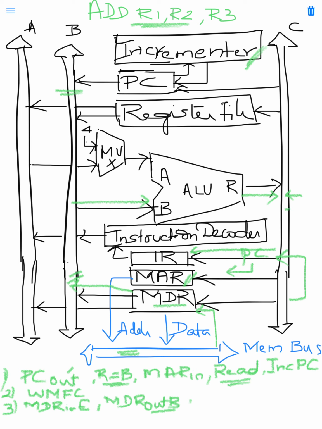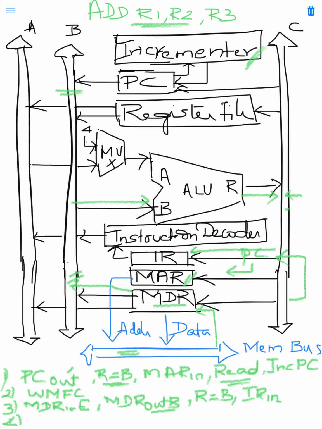So in order to perform that, we need to initiate the signal R equal to B. Data from bus B will be taken, and from bus B without any operation it will be available in bus C, and the instruction register will be taking the value from bus C. The instruction register takes its input only from bus C, so it is enough to write IR in, which means it is taking the value from bus C.